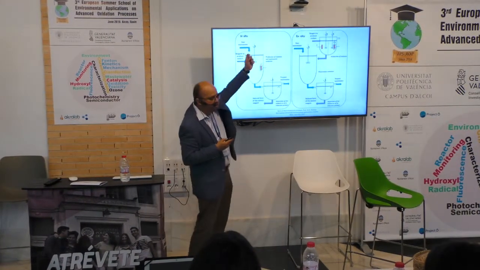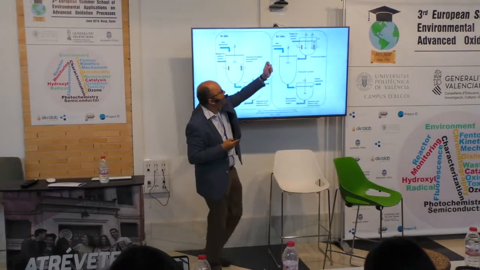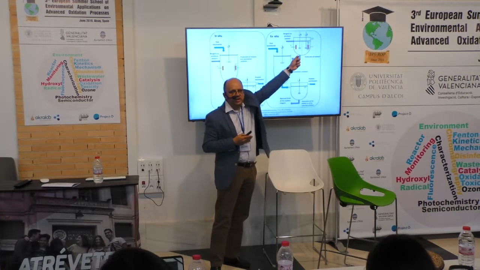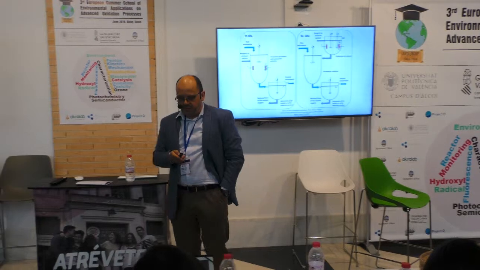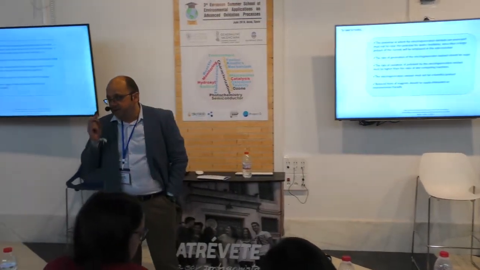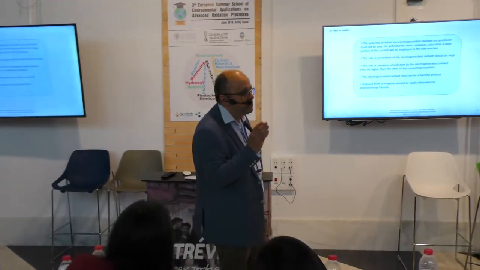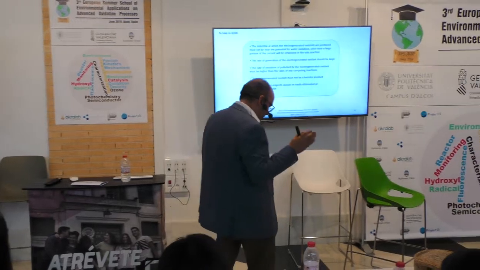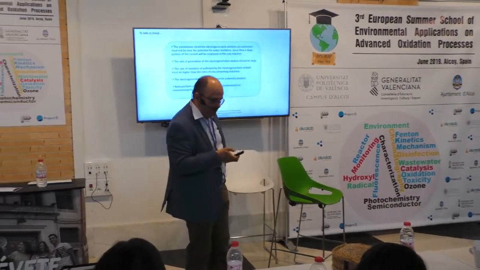I can produce the oxidants in situ in the reactor that I'm working in, or I can produce the oxidants ex situ and add them to my electrochemical reactor. In any case, I have to be very careful when I produce an oxidant, and the oxidant that I produce should not be very harmful, okay? Because otherwise, I'm not doing well.